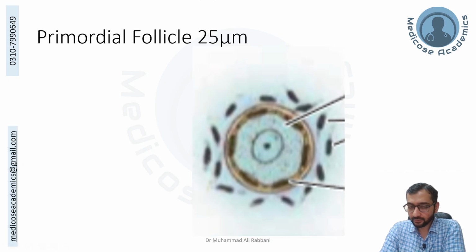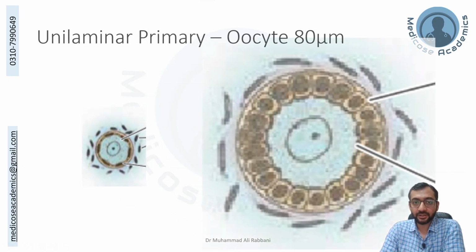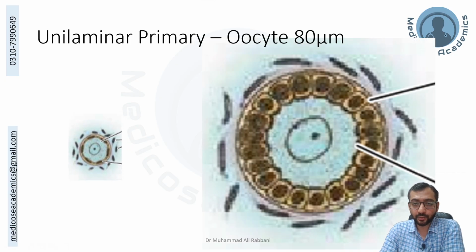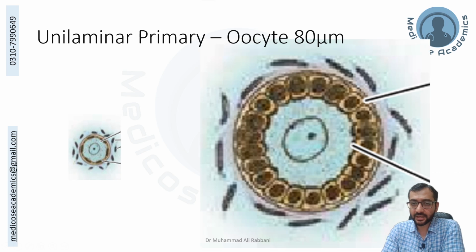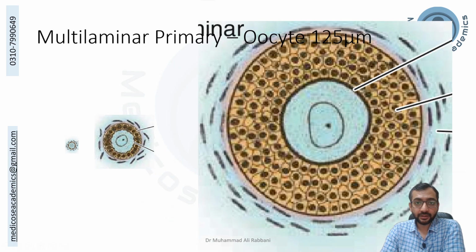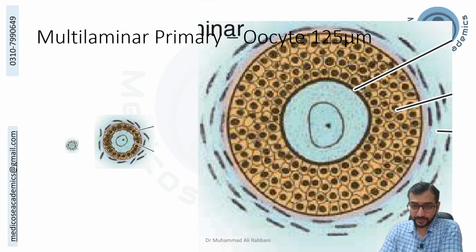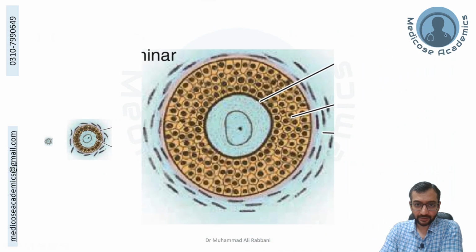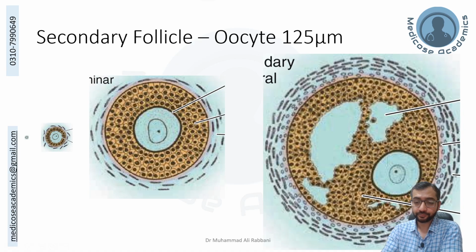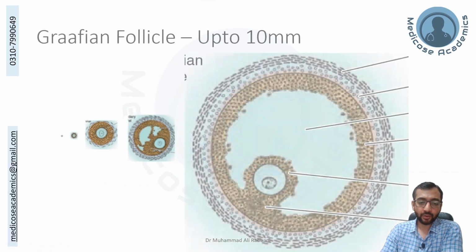So this is primordial follicle, about 25 micrometer. It grows to primary oocyte, unilamellar stage 18 micrometer, that grows all the way to 125 micrometer. I have made the relevant ratios right, so it becomes 125 micrometer, and then you get secondary oocyte. When you have antrum in there, you have follicular loculi, liquor folliculi is present, then secondary follicle, and that grows